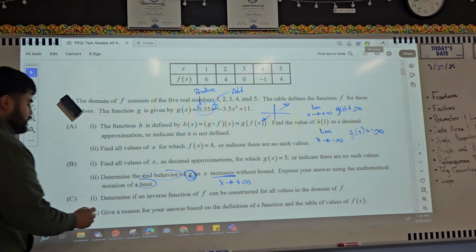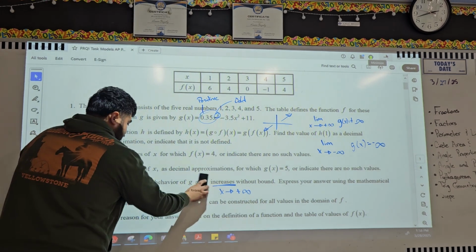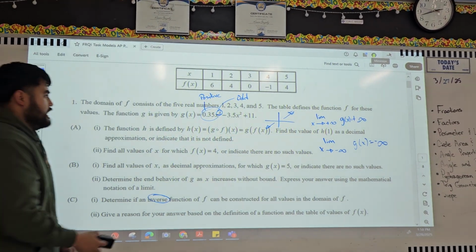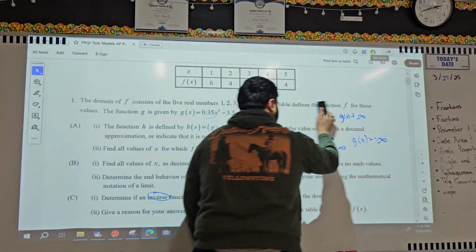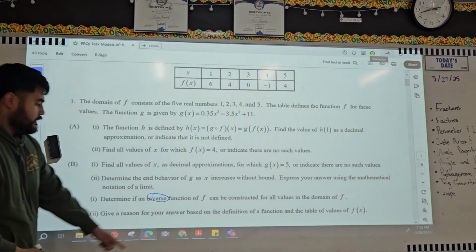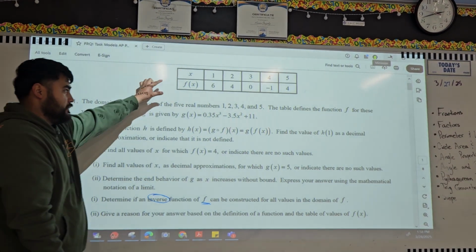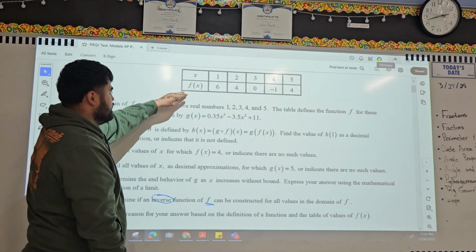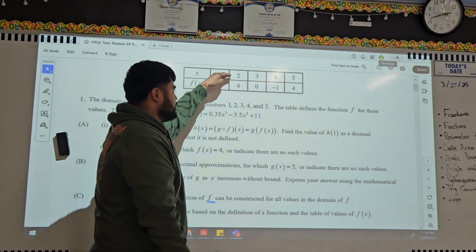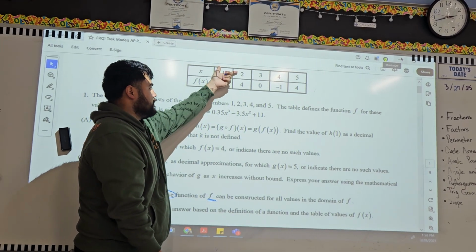Part C tells me here to determine the inverse. So when it comes to the inverse, you have to remember, I have to switch x and y. So do I focus on f or do I focus on g? Here, it tells you I want to focus now on f. So basically I go back to the table and now I'm here. All these y values are now going to become my inputs and all these x values are going to become my outputs. So if this bottom part goes to the top and this top part goes to the bottom,